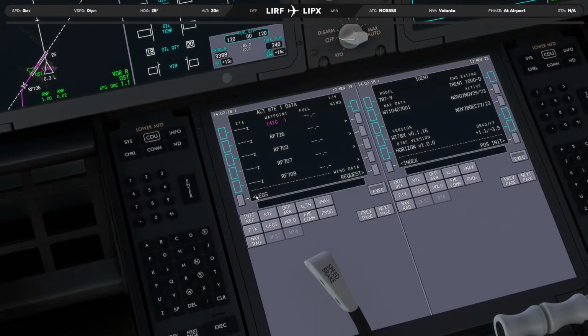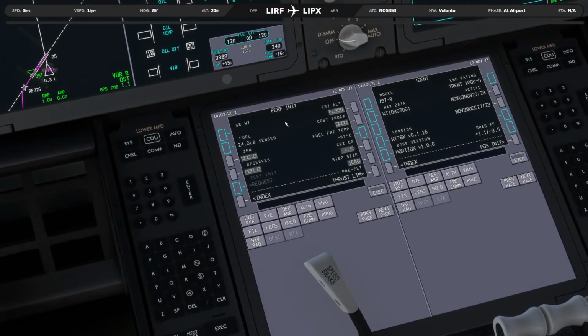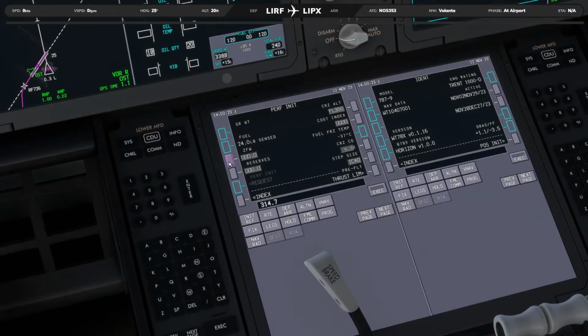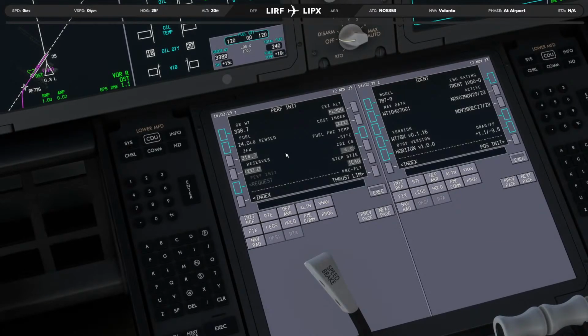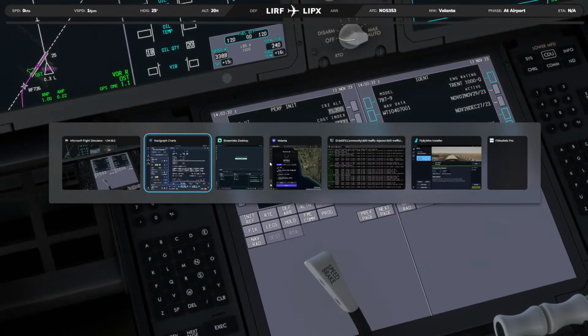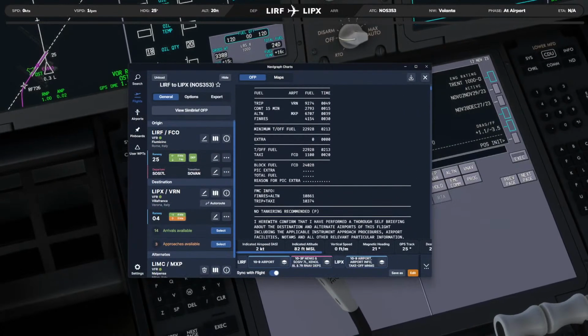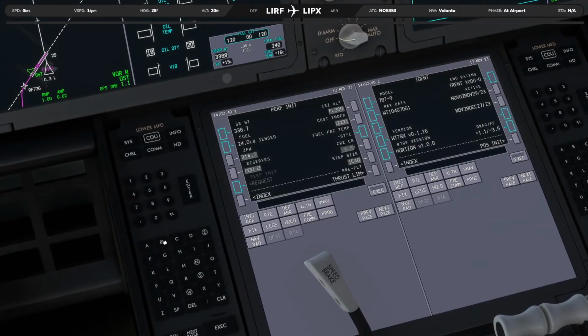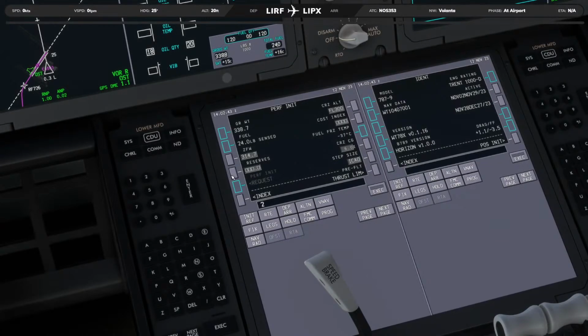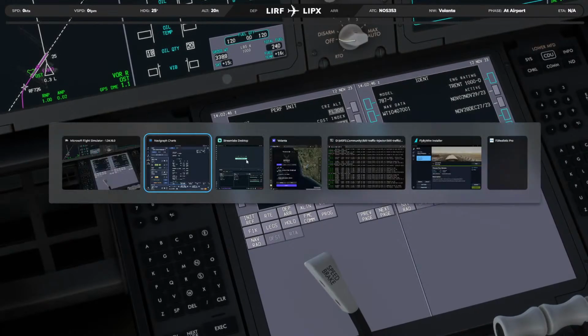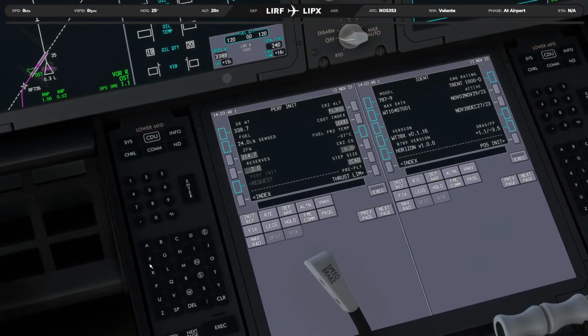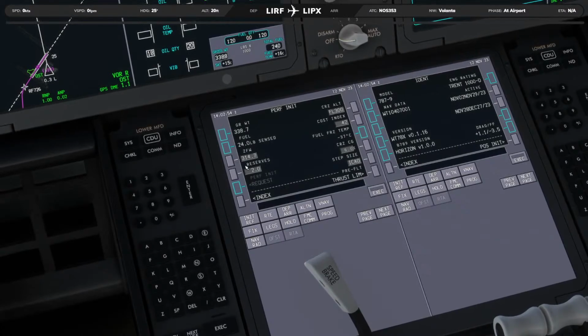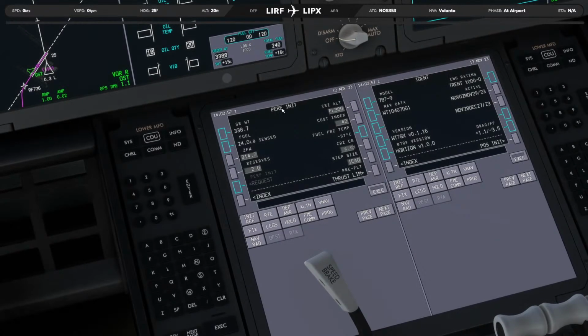And next we can go to the performance. So from the performance initialization, we can click on the zero fuel. It will automatically set it as we have already synced everything from the SimBrief plan. On the reserves, if we come here and we calculate, that's too much. So I'm just going to put 2,000 for the reserves right there. The cost index for the flight today is 42. So 4.2 is set. Excellent. And everything else here is pretty much done on this page.